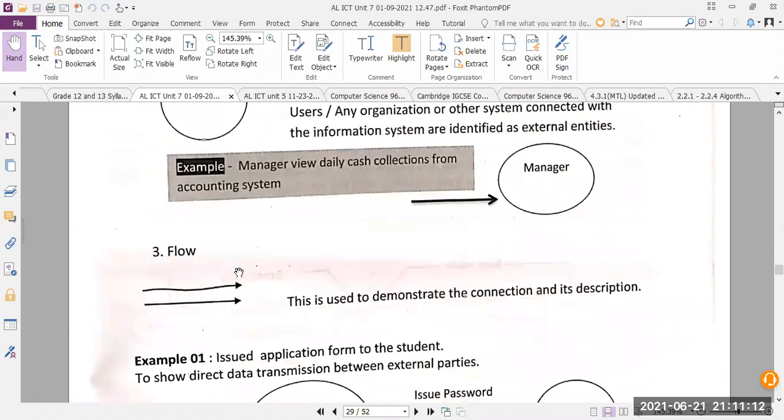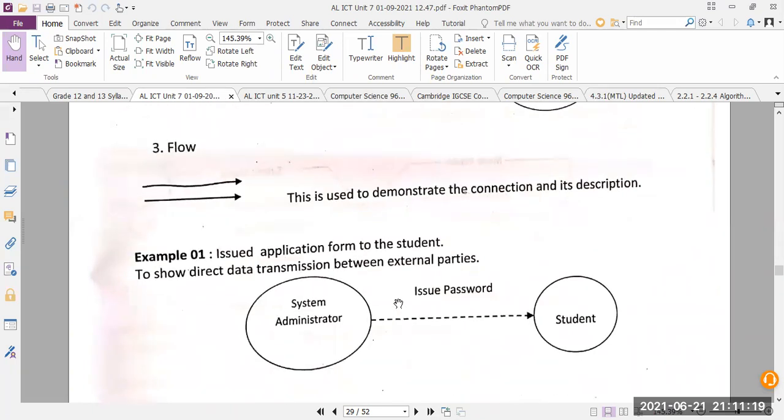Then data flow. Data is flowing inside or outside. Where the data is flowing, from where to where, to show the direct data transmission between external parties. Now see, when data is flowing, I will use a solid line to show it.